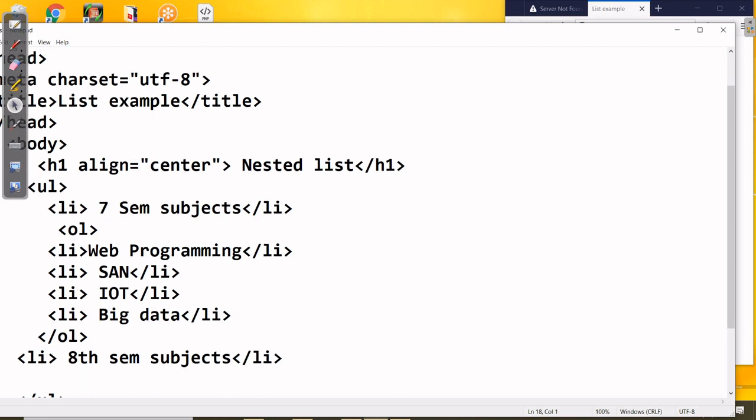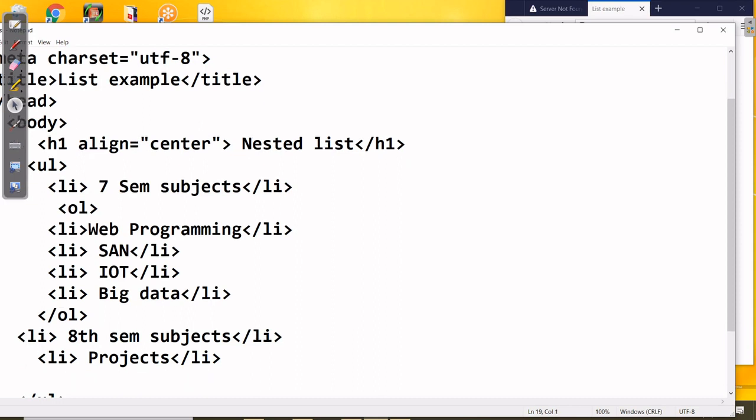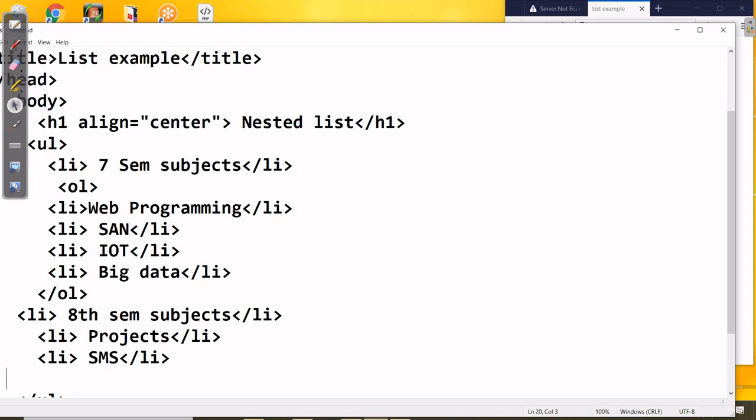This is just an example I am telling for the next. Don't go for the exact subjects I am writing, nothing. So I am writing here li projects 8 semester, just see li, then another subject as per my knowledge I think SMS li, then go for seminar li.